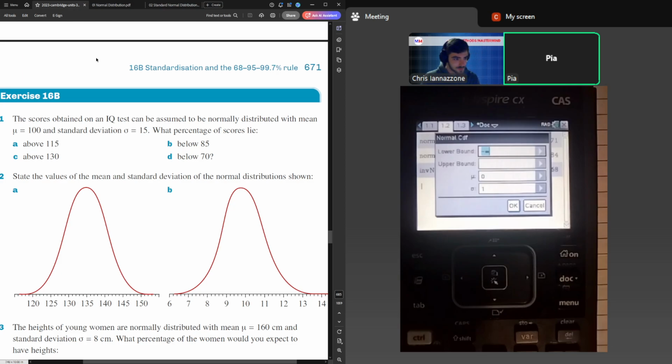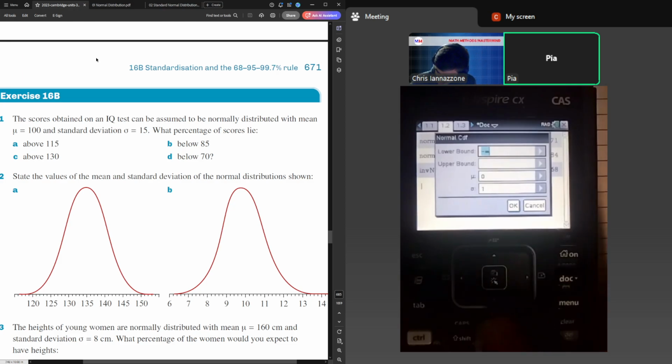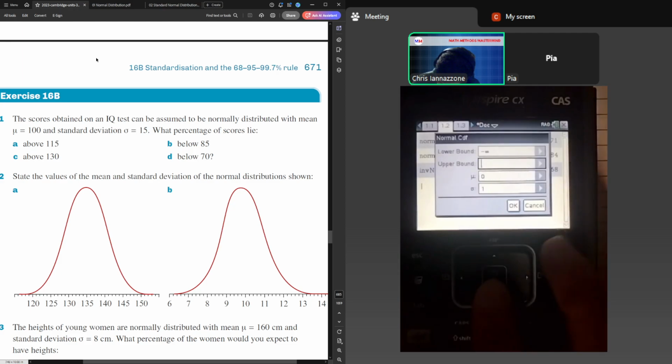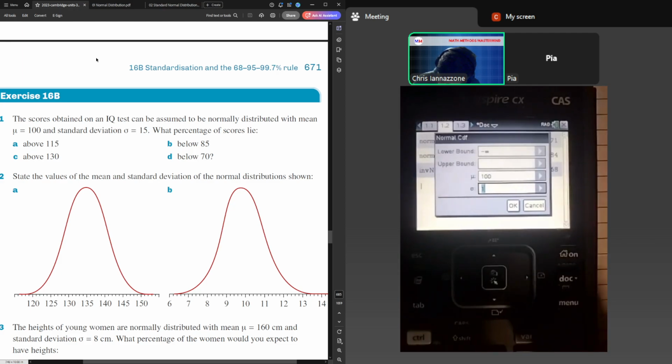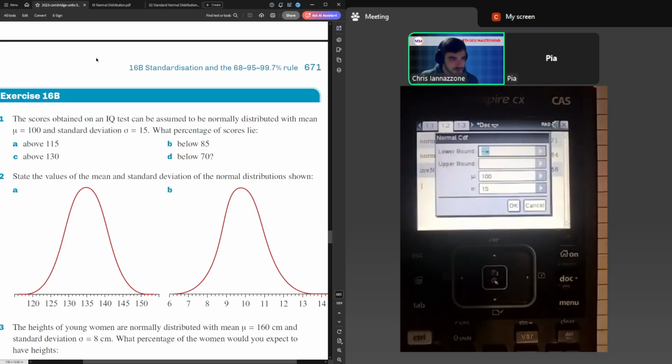They provided us with the mean and the standard deviation. Yep, they sure did. Mean 100, standard deviation 15. What else? So if we're solving A specifically,